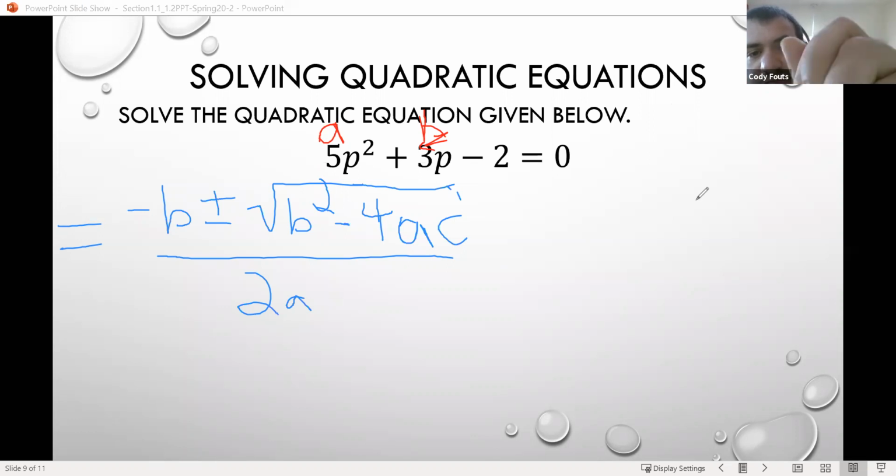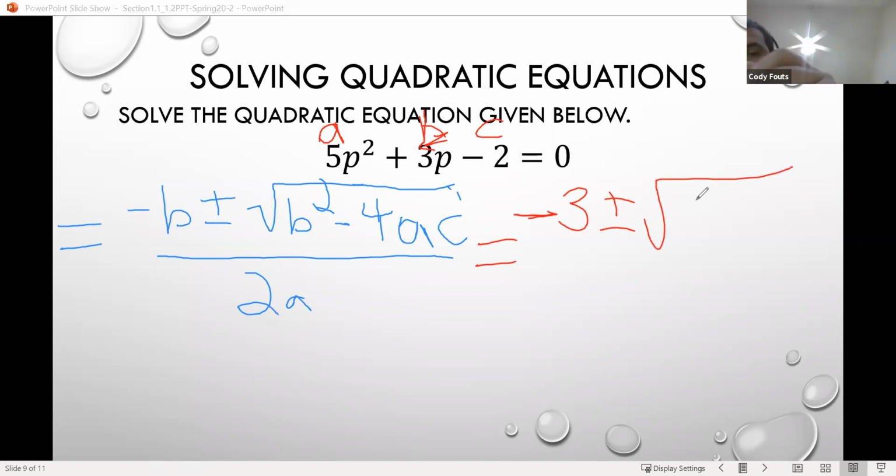There's the B. And the -2 is the C. And recall when you plug these in, those are just the coefficients that are going in. You're not plugging them in with the variables. So plugging this in using the quadratic formula, we would end up with negative of 3 plus or minus square